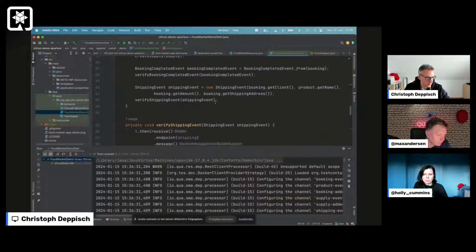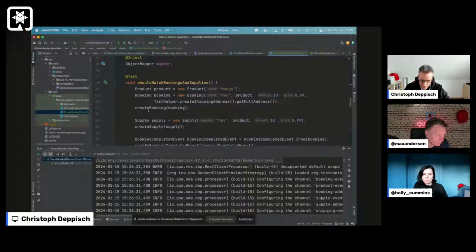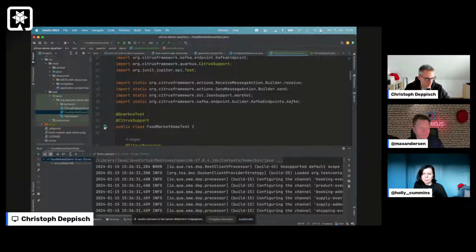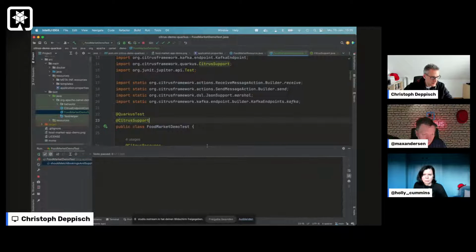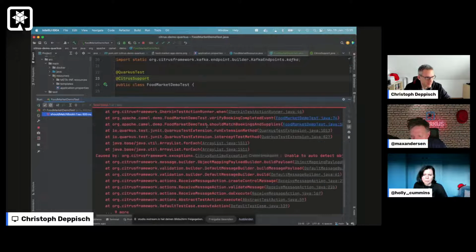Good. So let's do a sanity check if this is still working. I did this too. So let's rerun the test and see if this is still green. And also, maybe I forgot to also show you a failing test. We've seen some failing tests. Now,